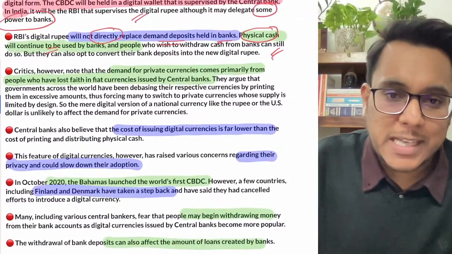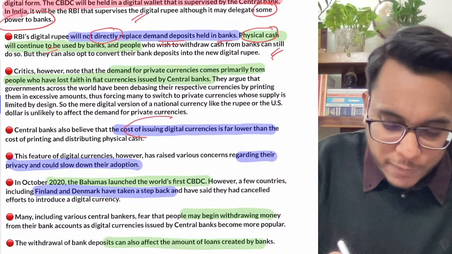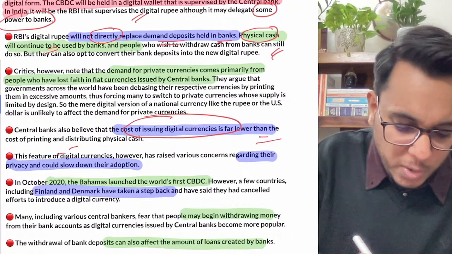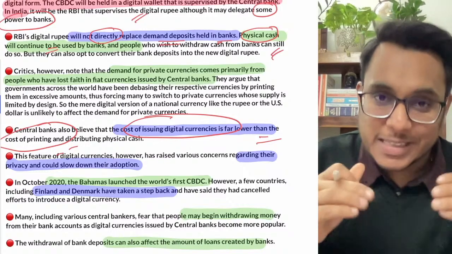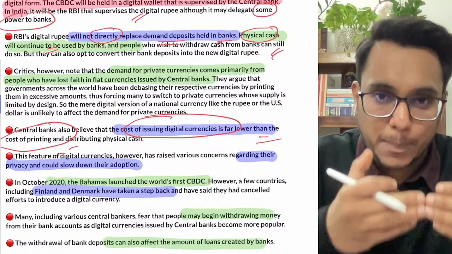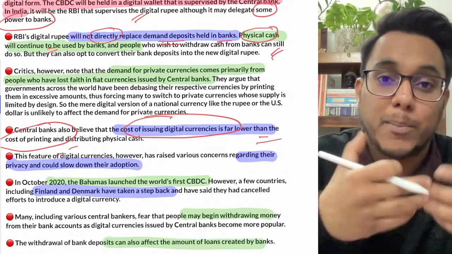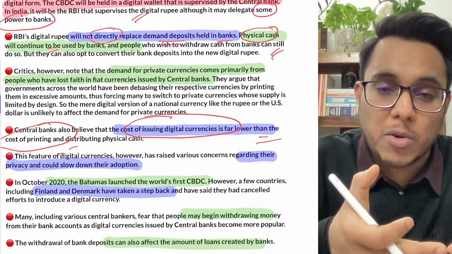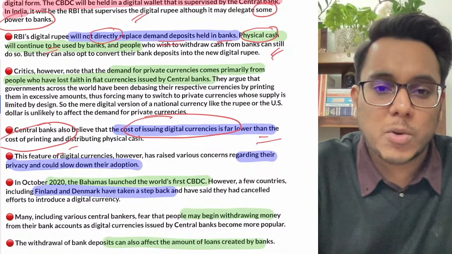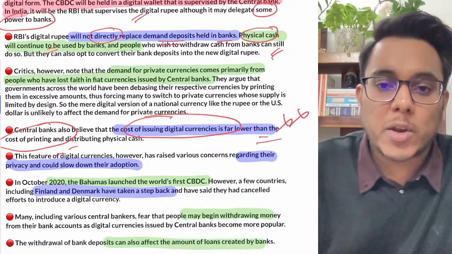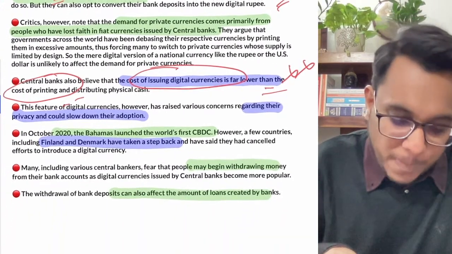Then after that, guys, there is one more benefit that will come. See, the cost of issuing digital currency is far lower than the cost of printing. Physical cash has a lot of cost. The paper notes get destroyed after a few years and have to be replaced. The printing cost is there, movement cost is there, logistical cost is there. When a person comes to the ATM, he is putting the money there. So a lot of physical cost is there. In digital currency, that cost will be reduced virtually to zero. So this will be an additional benefit. Fine.